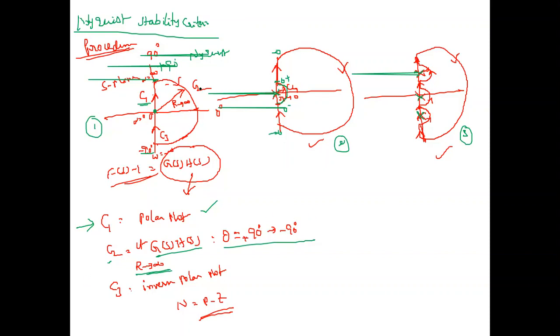After C2, the next is the C3 contour. C3 is the opposite of C1. The omega value is from minus infinity to 0. Therefore, this is just the inverse of the C1 contour, that means we should draw the inverse polar plot. So no calculation is needed for C3. Simply invert it. If you have the polar plot like this, draw the inverse polar plot like this, the mirror image.